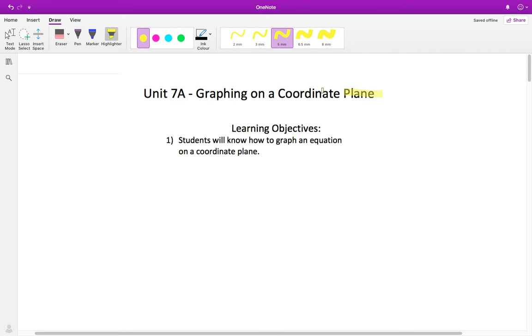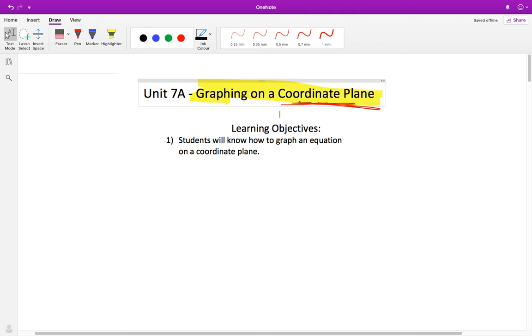All right, but what we're going to learn today is graphing on a coordinate plane. We have already learned what a coordinate plane is. We've already learned how to plot points on a coordinate plane. Now we're going to graph lines. So our learning objective for today will be that students will know how to graph an equation on a coordinate plane. All right, let's go ahead and talk about this a little bit more before we get into any